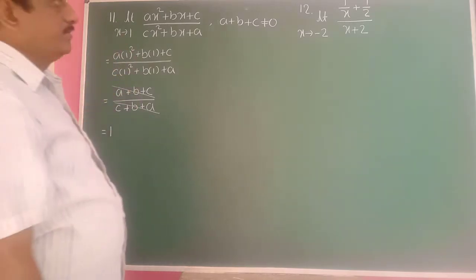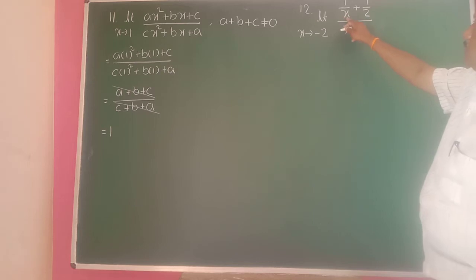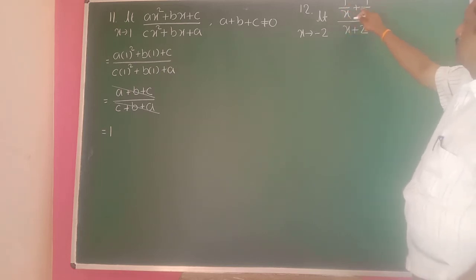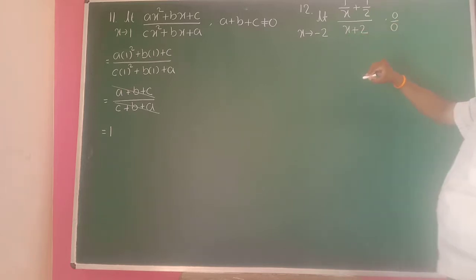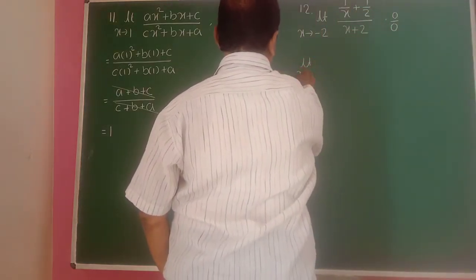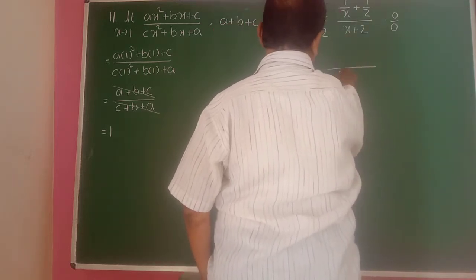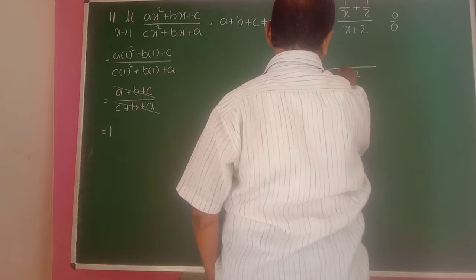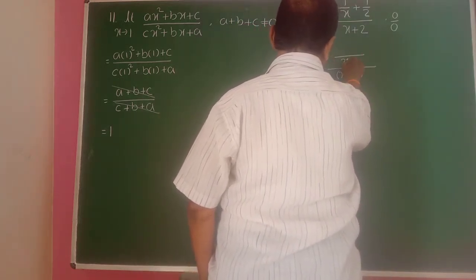In this case, if you put x value minus 2 here, it becomes minus 1 by 2 plus 1 by 2, so it is 0 here. Minus 2 plus 2 becomes 0. Therefore, you simplify here. Take LCM in the numerator. Limit of x tending to minus 2. Denominator x plus 2 write as it is here. Okay. Then 2x is the LCM here.